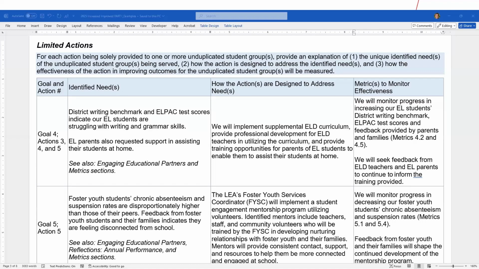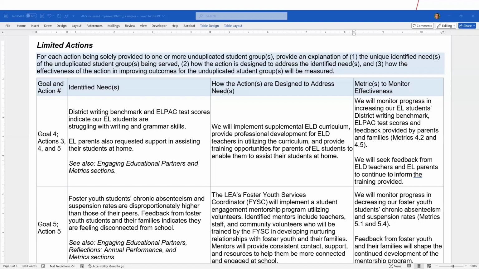Josh did mention, technically in statute, it is explicitly written out that LEA-wide actions must have metrics in the LCAP. That is explicit in statute. However, part of the increased or improved services requirement is determining effectiveness. If you, the LEA, are stating that you are increasing or improving services for a student group, you have to be able to demonstrate that that's actually happening.